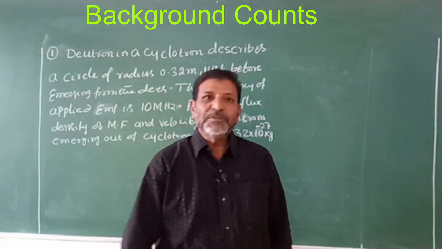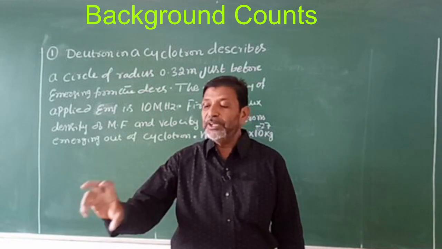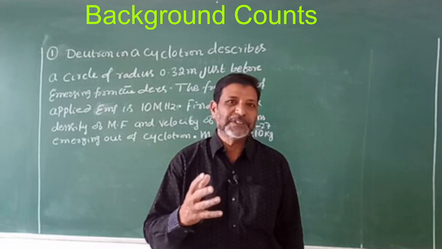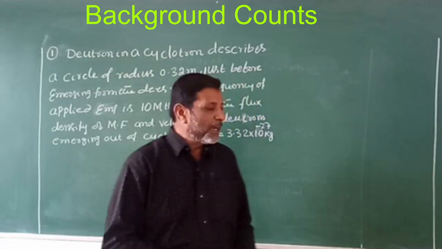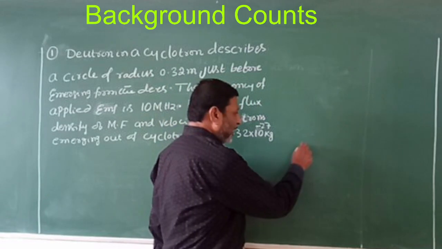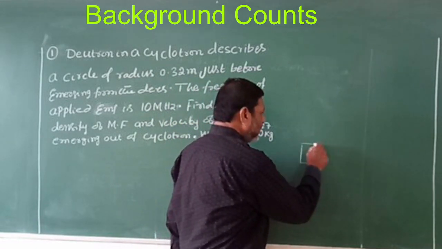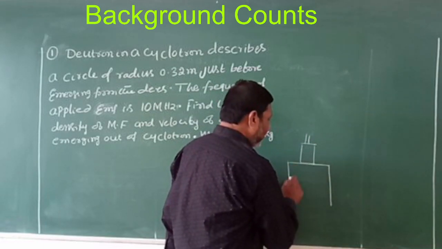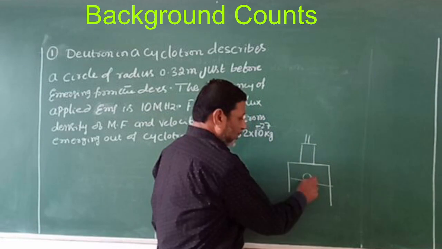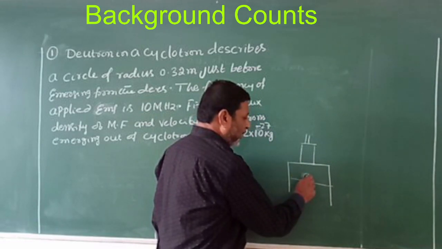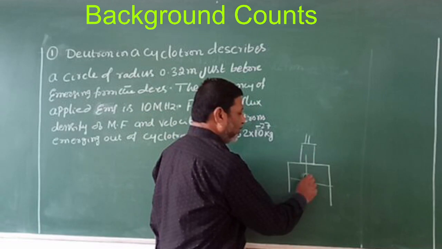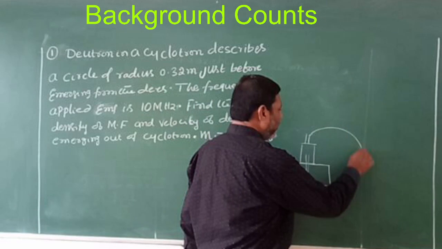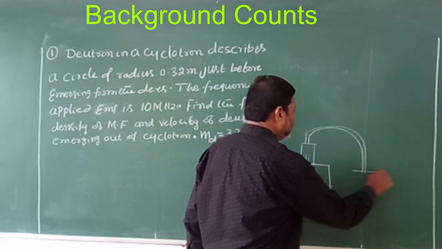Now, let us try to understand how the counter shows the counts, even without the source. In the last lecture I drew this figure. This is your tube. Below this we are putting the source, a radioactive source. Whatever particles are emitted by this source enter the tube, and how many particles enter the tube can be recorded using this counting system.